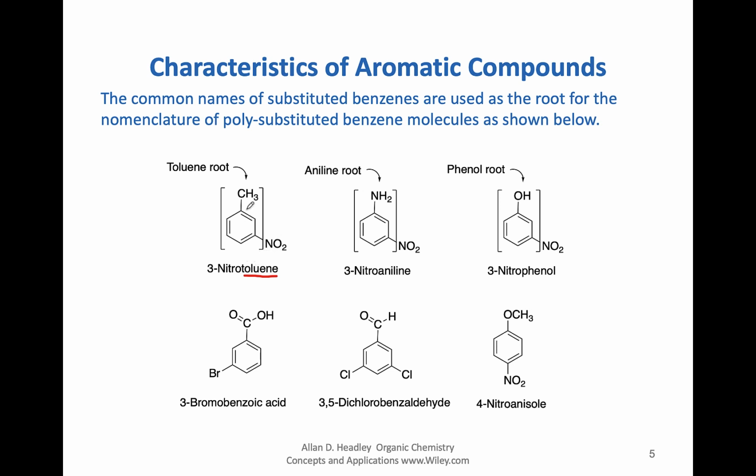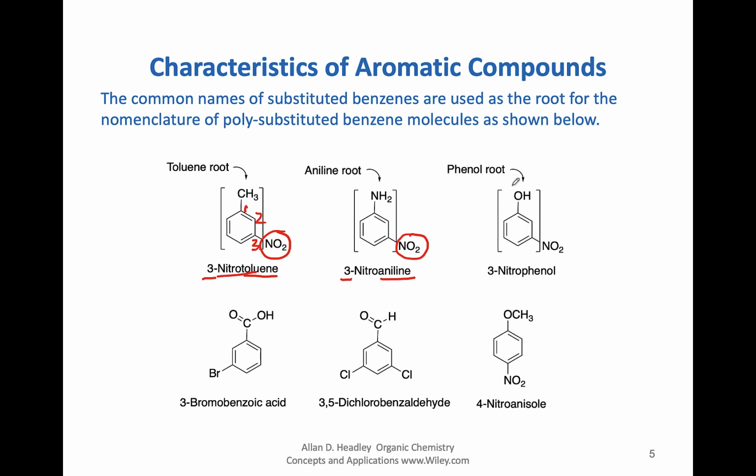So if it's toluene, the relationship is 1, 2, and 3. So therefore it's 3-nitrotoluene. Let's look at another one. If you got this to name, you should recognize this as the aniline root. So here is the aniline root, and there is a nitro group, so it's a 3-nitroaniline. Don't forget the numbering, because it could have been here, and that would have been a different molecule, which would be